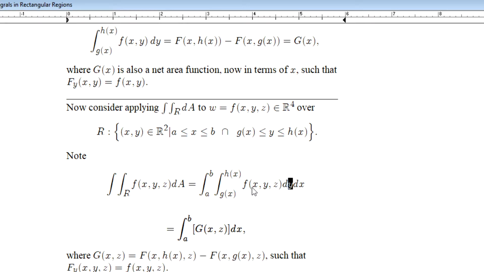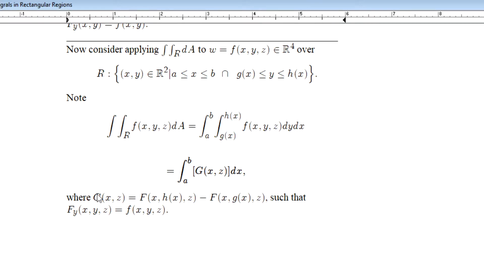Since we integrated with respect to y, variable y's antiderivative is going to be evaluated across these bounds from g of x to h of x, where in the end, when we perform the definite integral process, we do end up with what we think of as a multivariable function in terms of just x and z. And I call it big G of x comma z to relate it back to the big G of x we've seen prior. What we would note about big G of x comma z is that it is a multivariable function that comes about by evaluating what we think of as big F,